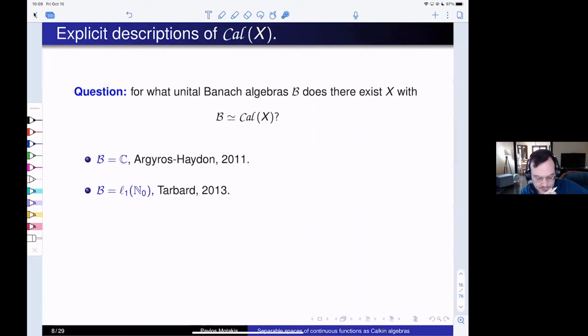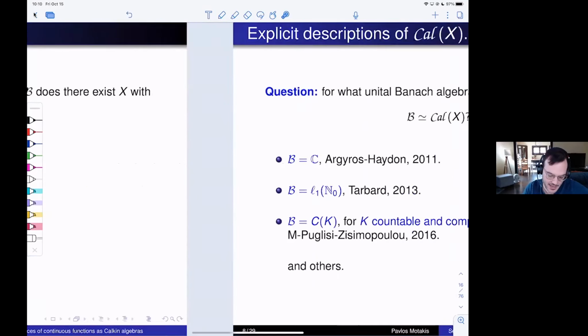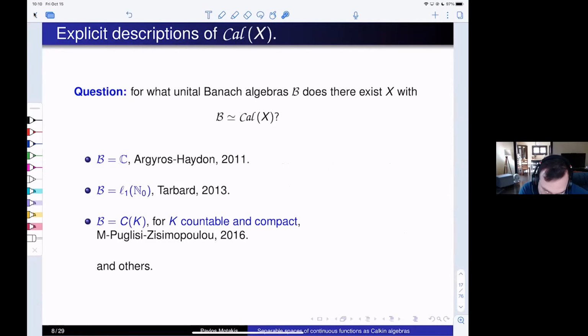Another one that came soon after was a little L1 space with a convolution operation. So little L1 of n0, the positive integers or the non-negative integers. A little bit more about these two things later. And another recent example was